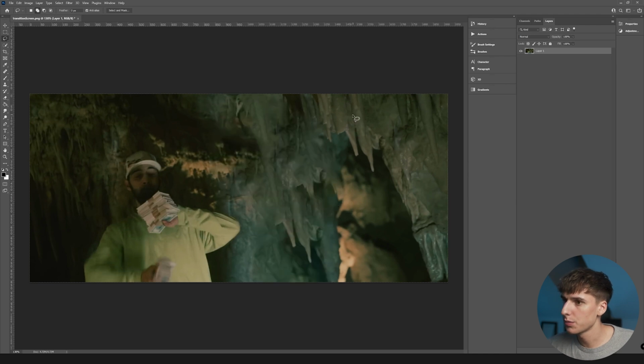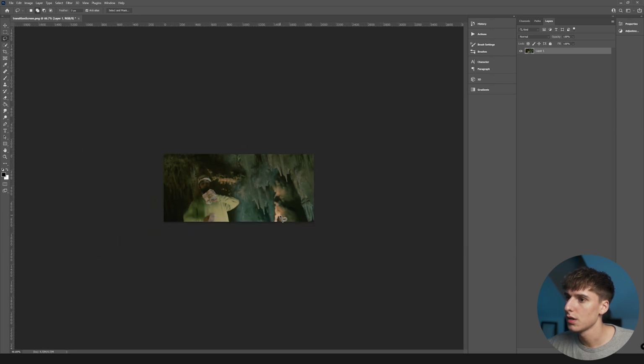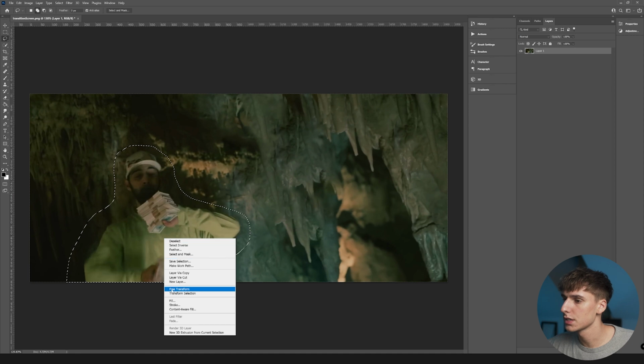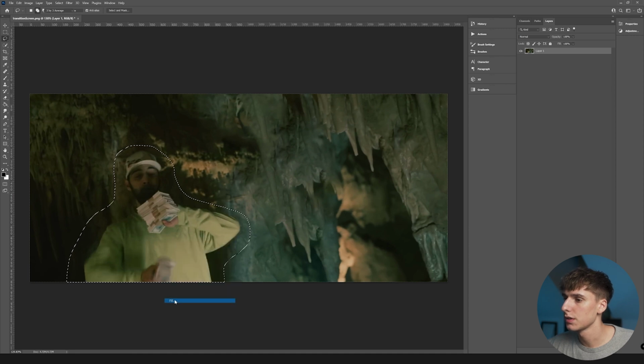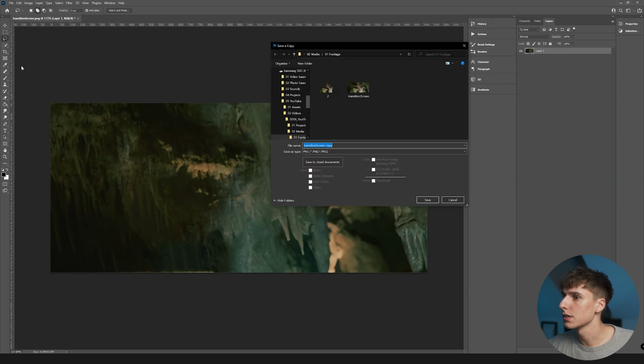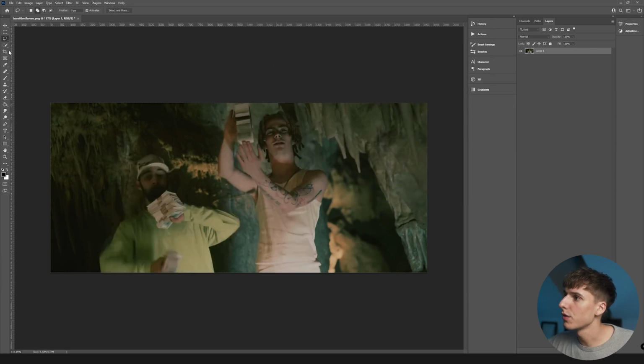And most of the time it should do a pretty good job. You can see obviously there's like a little weird look here, but if you were just looking at this really quickly, you wouldn't be able to tell, and it should fix the problem we're having with the people showing behind. And then I'm going to do the same thing for this subject and go to fill, content aware. And for me, that looks really good, so I'm going to go ahead and go to save a copy and then name this background. And then you're just going to need the photo again.